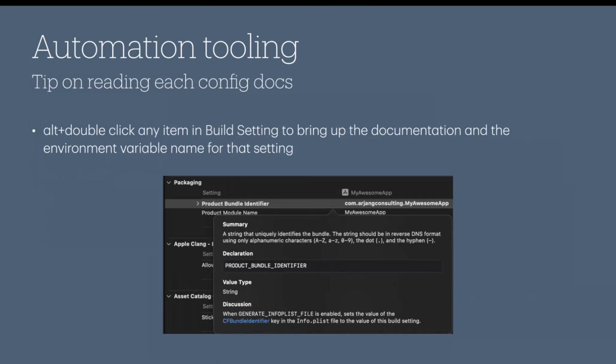Some of the things, again, when you get into this area, one of the things you're soon going to try to figure out is what these configs mean. Why am I changing this? What's going on? If I want to add this into my xcconfig, but I don't know what the environment variable name is for this, one of the greatest tips I've learned is if you hold Alt and double click on anything